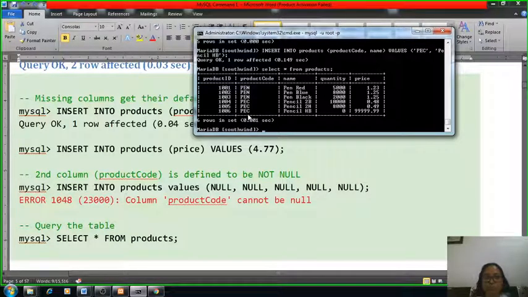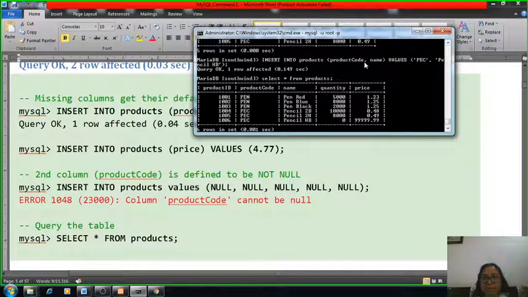Product code is PEC, then pencil HB, its quantity is 0, and the default value price is 9.99. Okay, so what happens, we are taking only the product code and the name. Product code is PEC and its name is pencil HB. Automatically the default values of quantity and price are filled in this table.